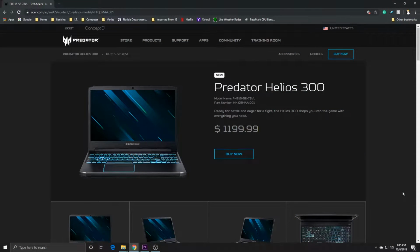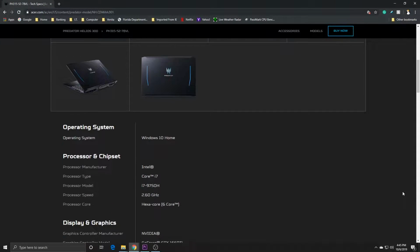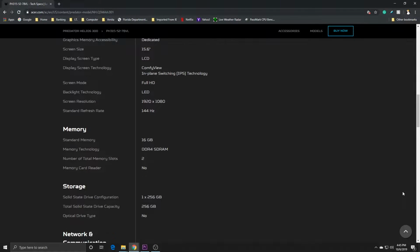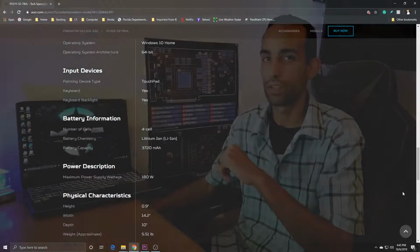Honestly, you can't go wrong with this laptop. This guy's got an i9-9750H 6-core 12-thread CPU, base clock of 2.6 gigahertz, boost clock of 4.5, but in all core, you're going to be sitting around 4 gigahertz. It's got a 1660 Ti, which you can't complain about. It's not a Max-Q, but I have compared it against the desktop 1660 Ti, and I saw pretty dang good